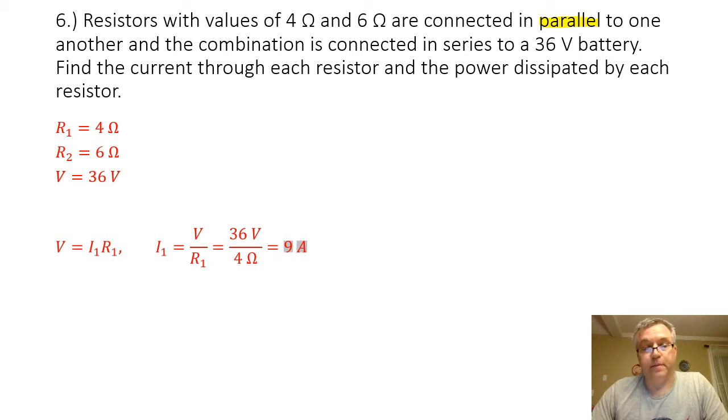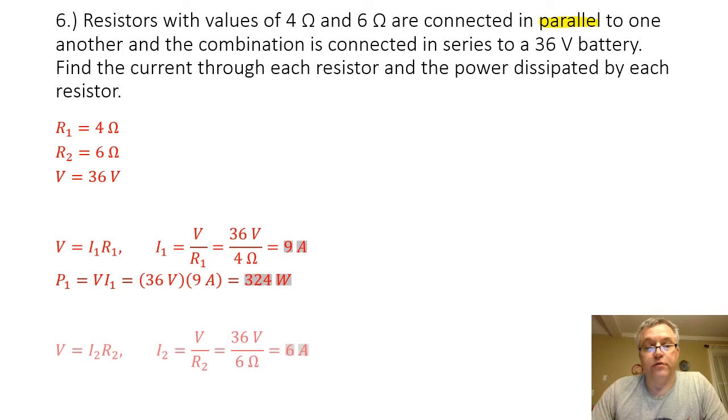To find the power dissipated by the first resistor, I know power is equal to the voltage times the current. So 36 volts times 9 amps is going to give me 324 watts. For the second resistor, to find the current through that resistor, I have to divide the voltage, 36 volts,